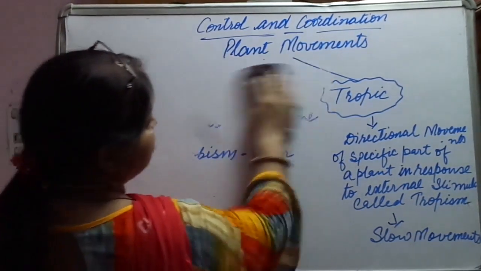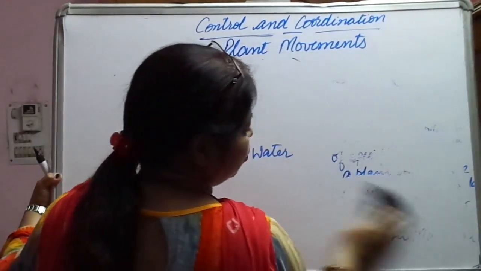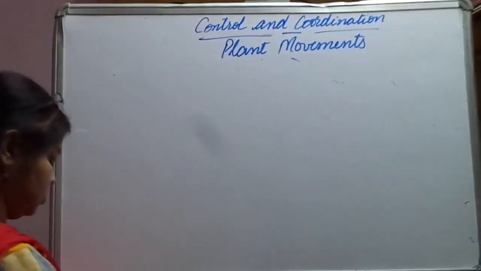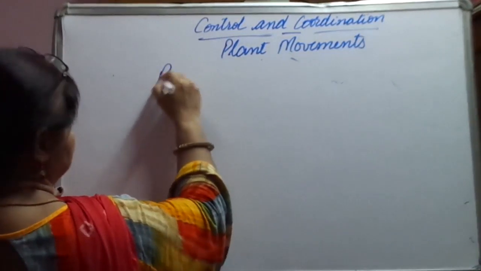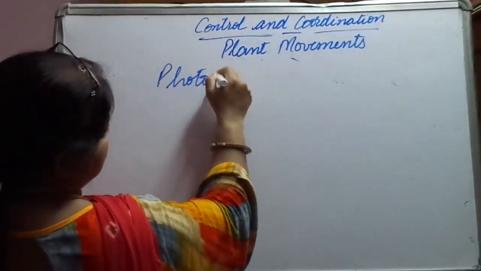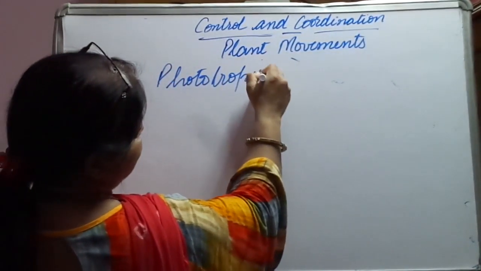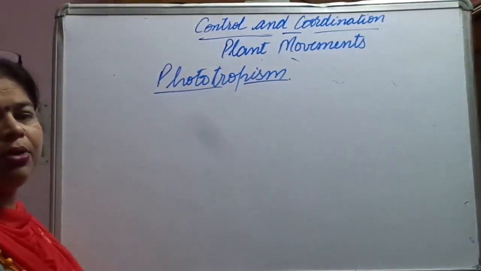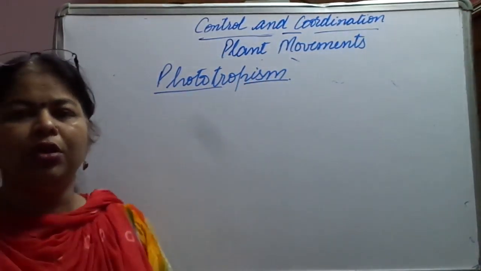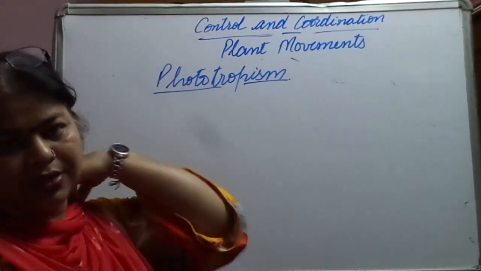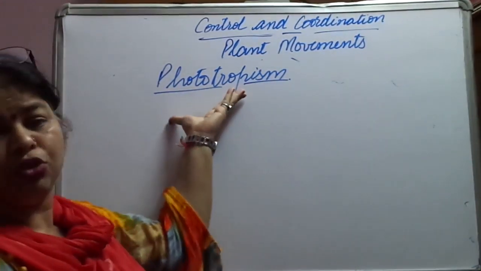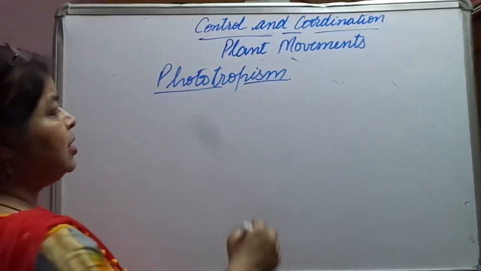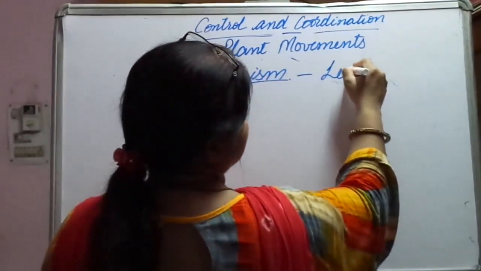First we are going to speak about phototropism. In these we have some small activities also, and you need to learn them because they can be asked in the exam for, say, 3 marks and so on. So first one is phototropism. What is the stimulus acting here? That is light.